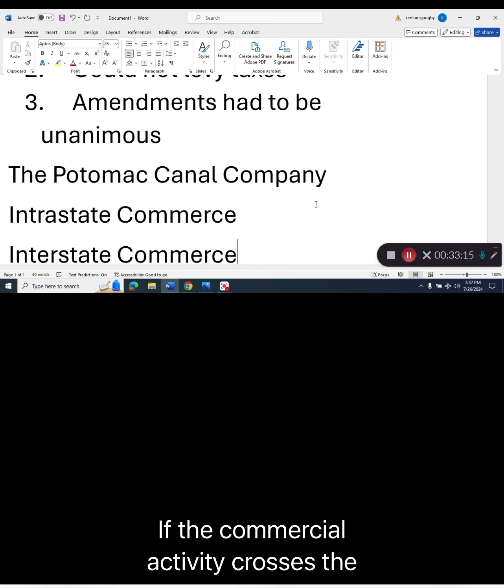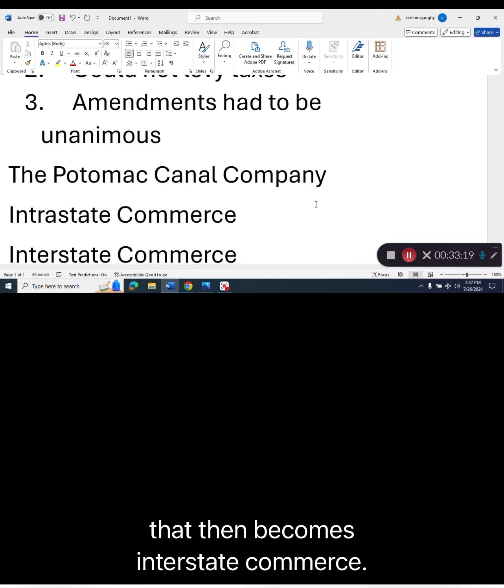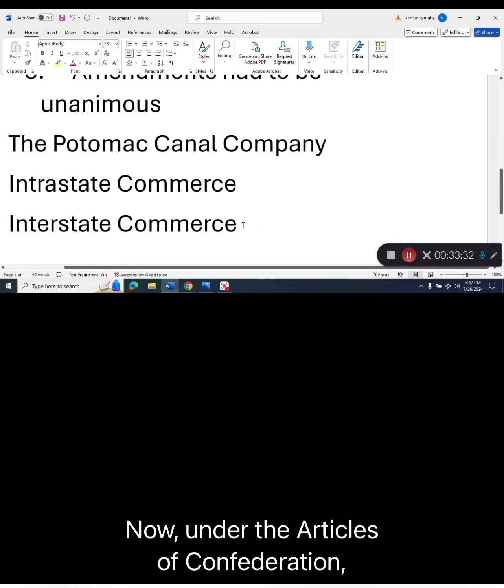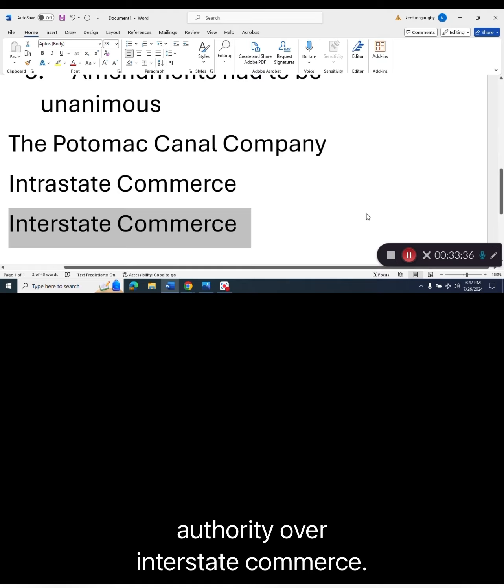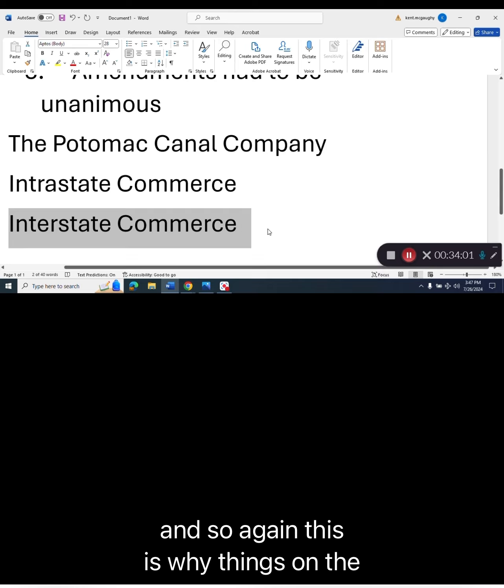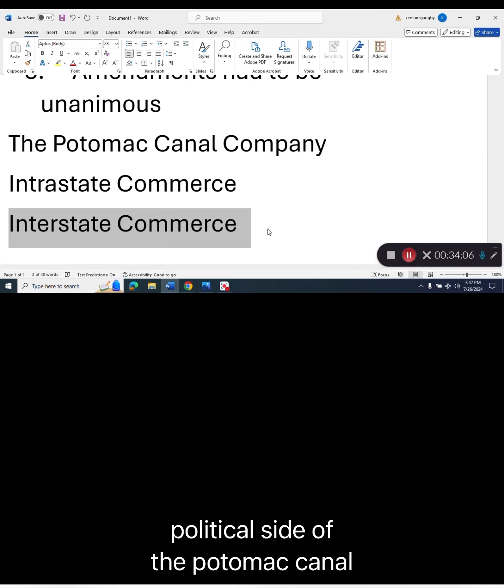If the commercial activity crosses the border from one state into another, that then becomes interstate commerce, where the commercial activity involves more than one state. Now, under the Articles of Confederation, no one had any controlling authority over interstate commerce. State governments had complete control over their intrastate commerce, but no governing authority had any role in terms of interstate commerce. Okay? And so again, this is why things on the political side of the Potomac Canal Company are moving